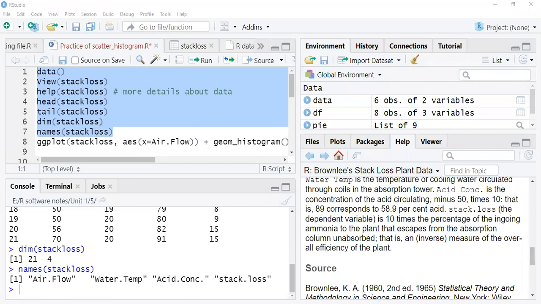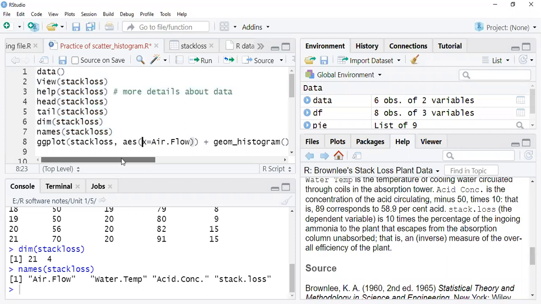Okay, let's proceed. My first question is: plot a histogram of airflow. We have already seen what you have to do.